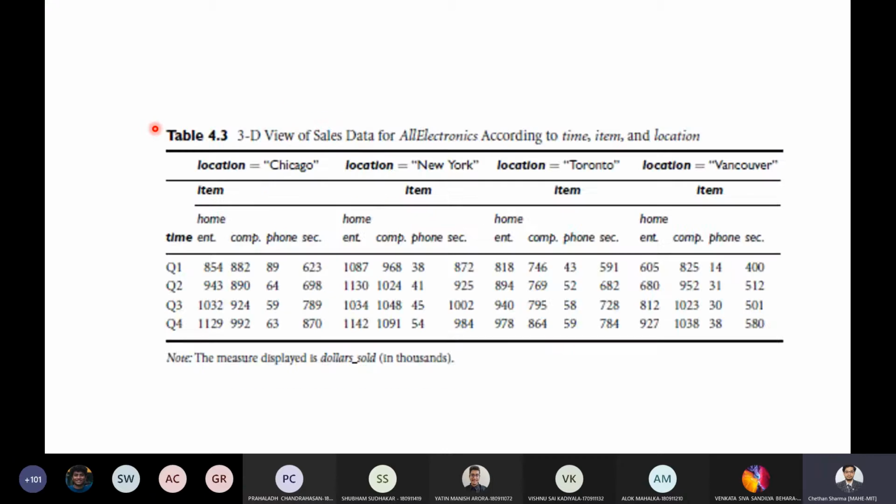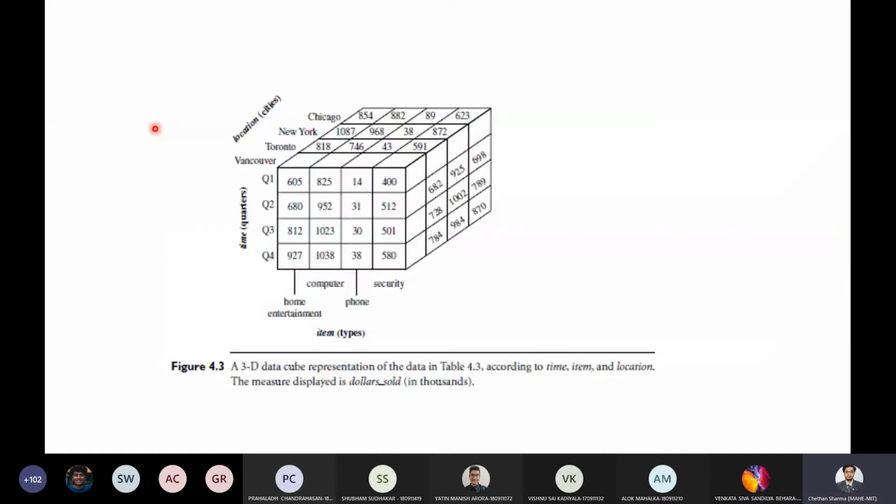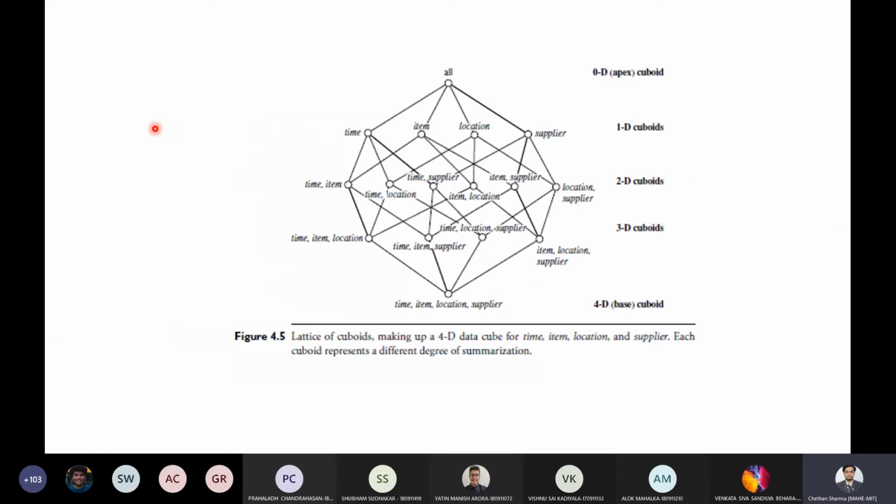So tables 4.2 and 4.3 show the data at different degrees of summarization, and the same thing can be shown as a part of your data cube, which we refer to as a cuboid. Given a set of dimensions, we can generate a cuboid for each of the possible subsets of the dimensions. So the result would be a lattice of cuboids, something like this.